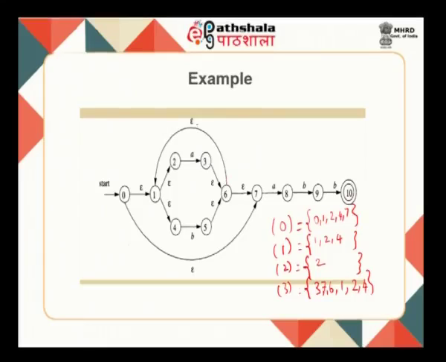From 3 I could go to 6, 7 and then 6 could come back to 1. Therefore, it also includes 1 and then 2 and 4. Okay. And 4 will be only 4, 5 will be 5, 6, 1, 2, 4 and 7. 7 is only 7, 6 will be 6, 7, 1, 2, 4, 8 will be only 8, 9 will be only 9 and 10 will be 10. So, with this pre-processing, okay, let us now do the transition.